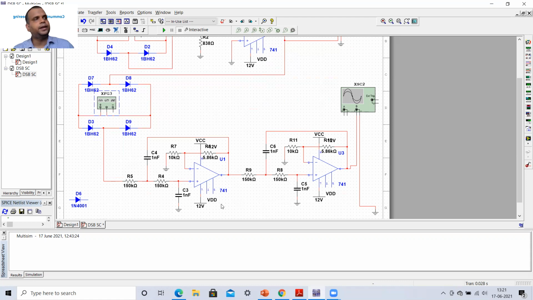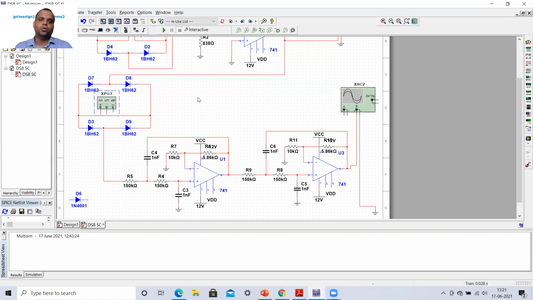After connecting the second order low pass filter, with only one stage, we are not able to get the exact output. That's why I have connected one more stage. Sometimes it is not possible to get the original message with just a single stage of the low pass filter, so we need to connect 2 or 3 stages as per our requirement.